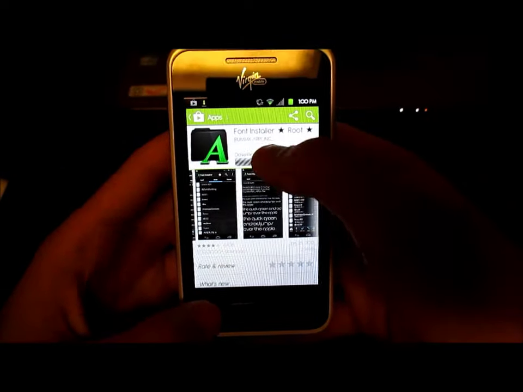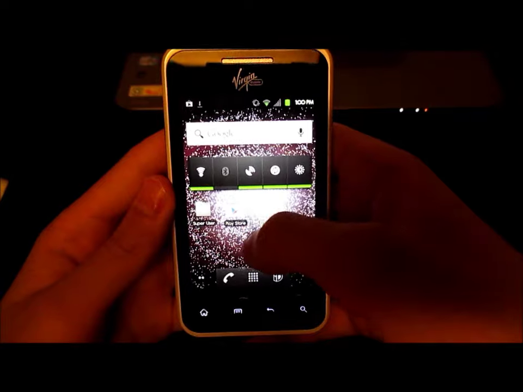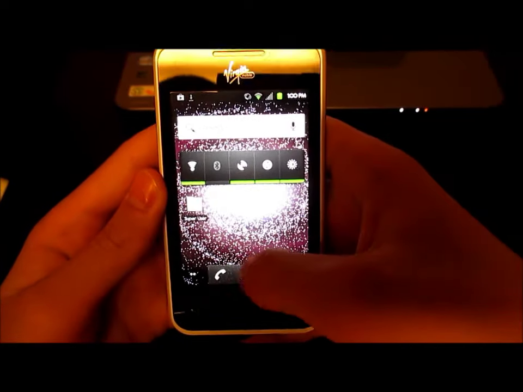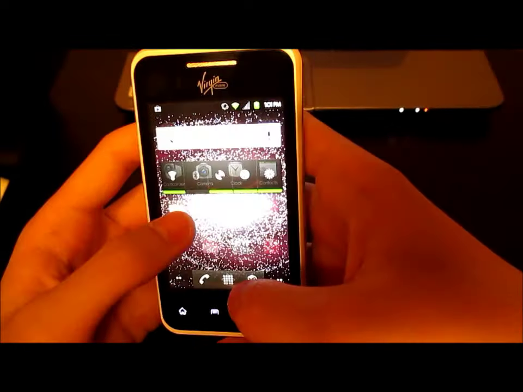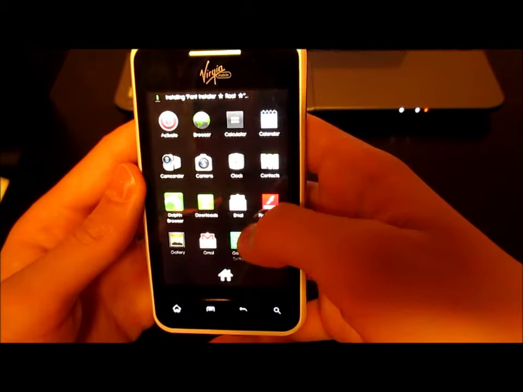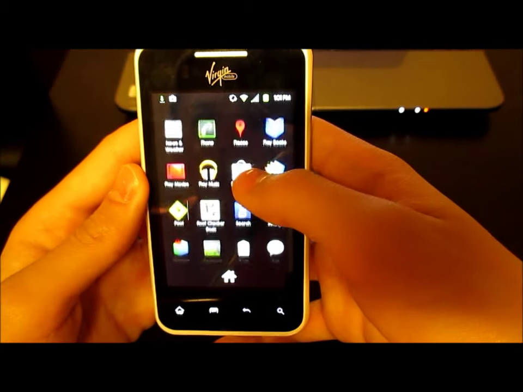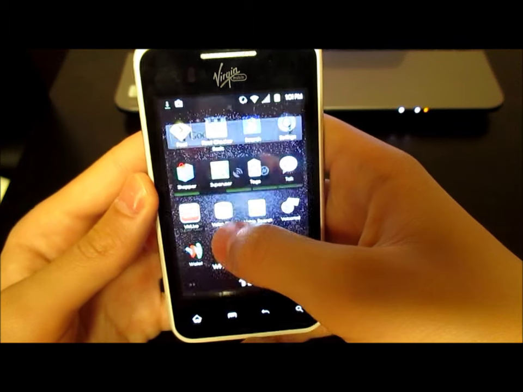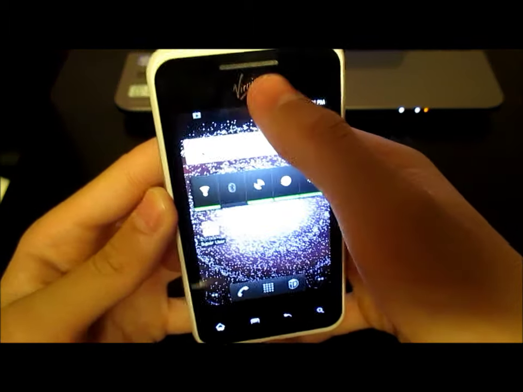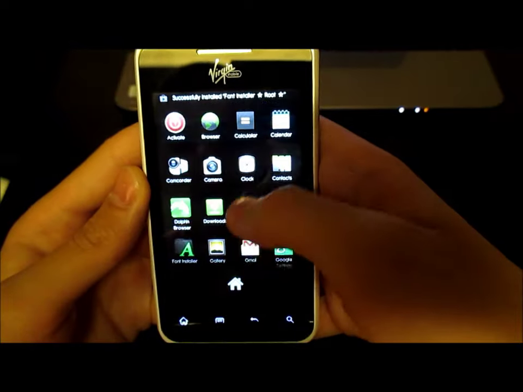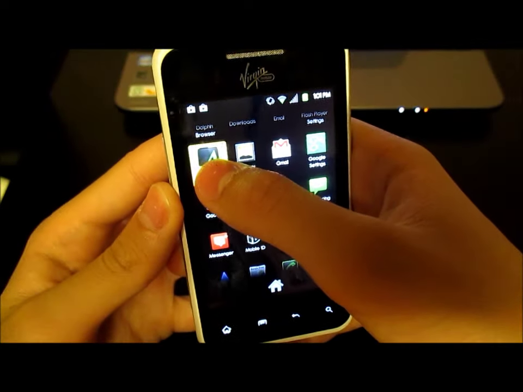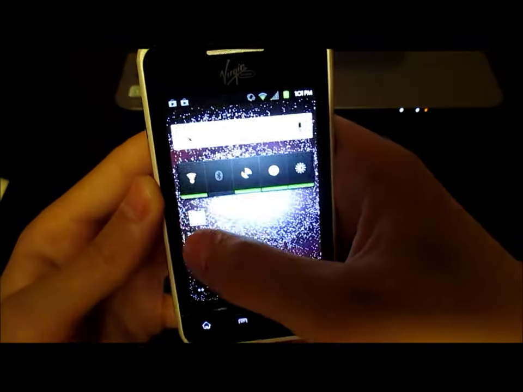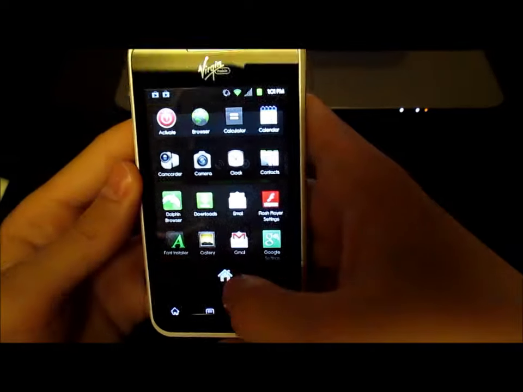The Wi-Fi tether only works if you're on a rooted device. So I'm going to go ahead and take the apps I just installed. I just installed the Wi-Fi tether, and I'm going to put that in there. And then I'm going to put the font installer. And this is what Super User is for. You can open up